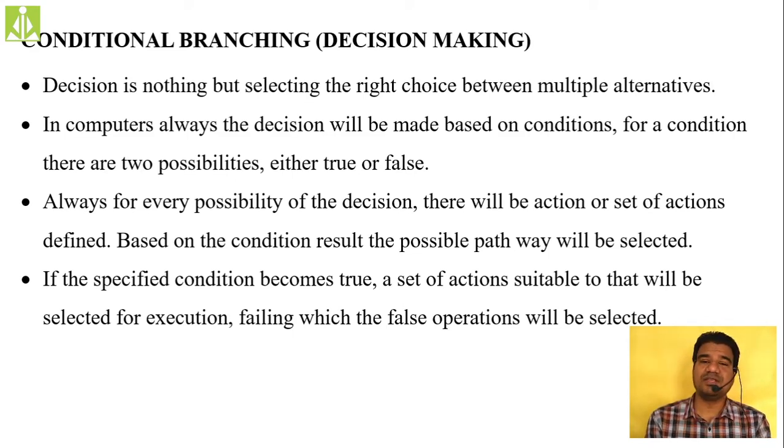Whenever we have such a case in our program coding, for every possible output of your condition, we perform some set of operations. Those set of actions can be either in case of the condition being true or in case of the condition being false. So what do we call these actions? The true block and the false block, isn't it?